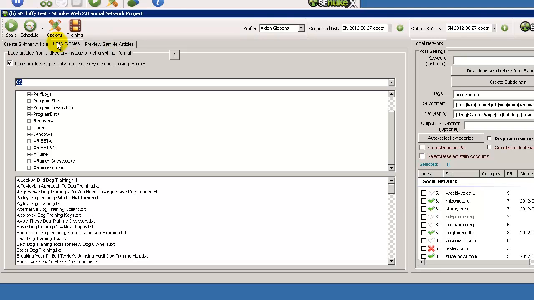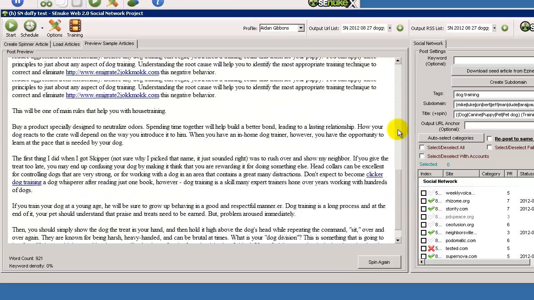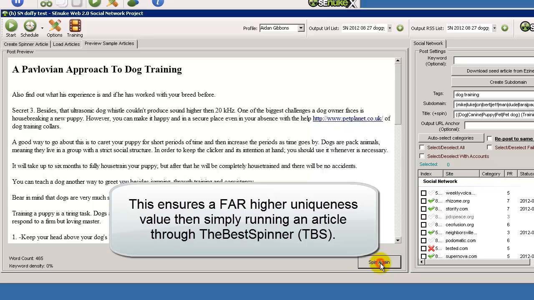So what you do is you go to the load article screen, check this box and choose the directory that your articles are in, and then if you go to preview sample articles, you'll find what it's going to look like in here. So if I spin again,